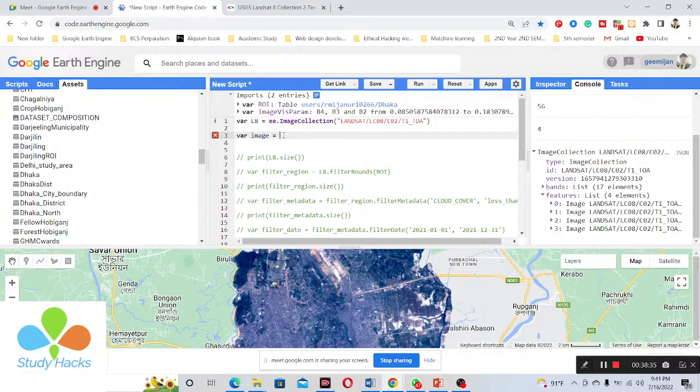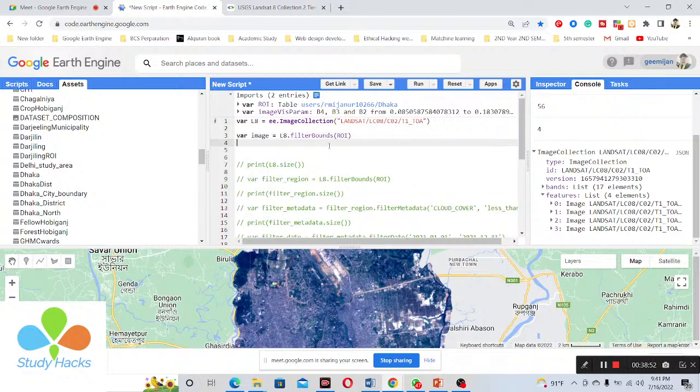I simply call my collection L8. Okay, so this is my collection of Landsat. A whole collection is stored under the L8. Then I simply use here the filter bounds function. Okay, it will be intersecting with my region of interest RY. Then I simply use the dot notation, and then I use here the filter metadata, and then put here the image property, the cloud cover, and I put here the operator, the less than